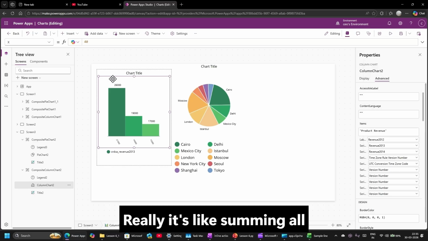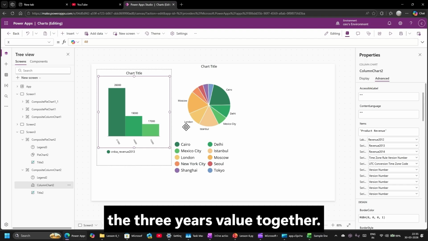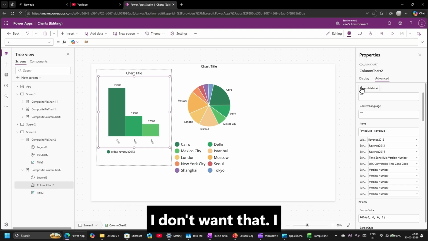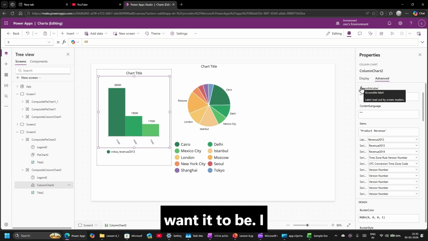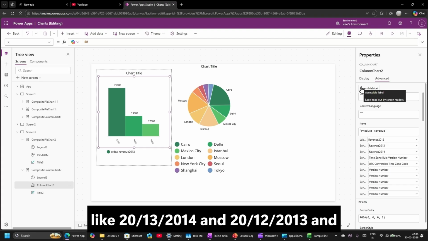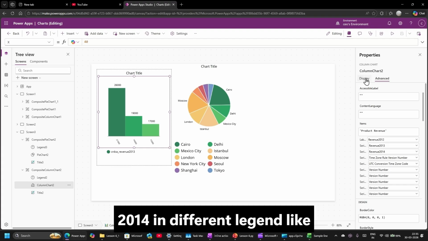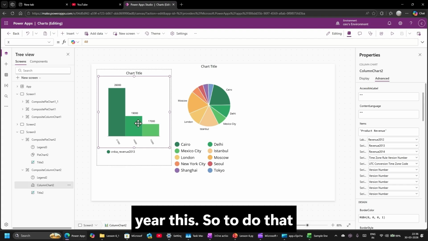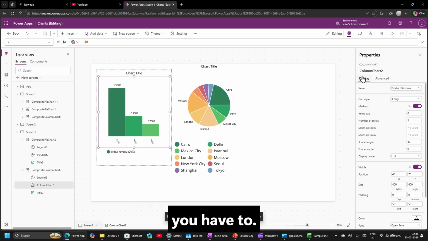So what this is doing, it's summing all the 3 years' values together. I don't want that. I want it to show different values like 2012, 2013, and 2014 in different legend entries. Like this legend will denote 1 year. So to do that, you have to